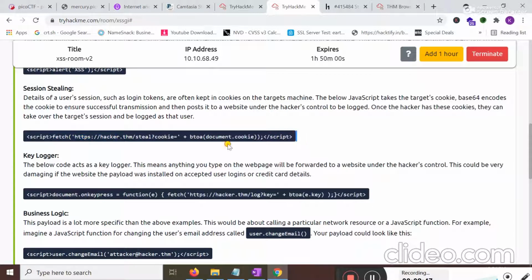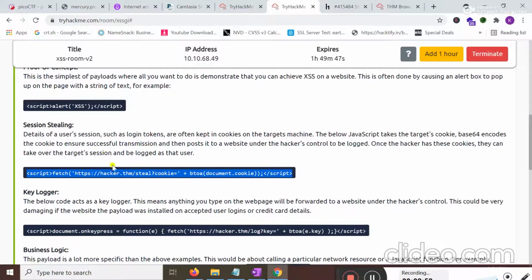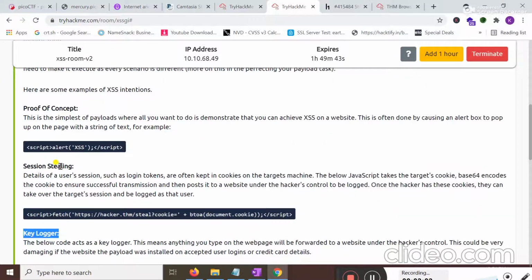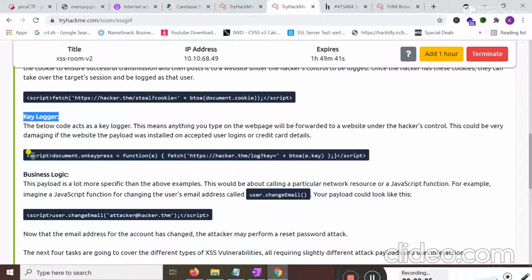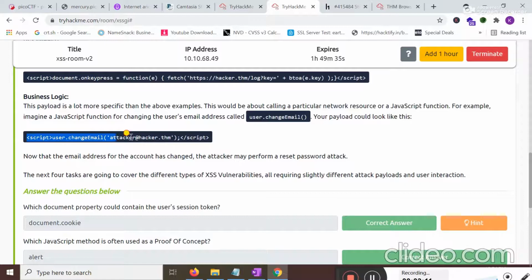By using this, you can use the session of a victim. The victim may be logged in to any application, and you can use this payload to steal the session of the active user. Below, another XSS intention is present, that is keylogger. This is the keylogger script, and another payload script, business logic, is present here.